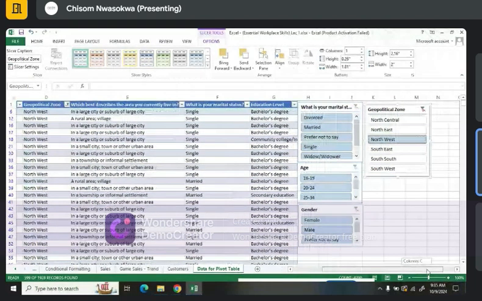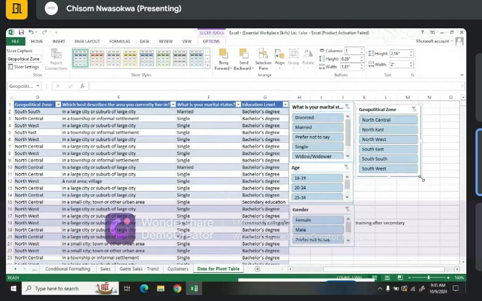So slicers are very good. You can use them to narrow down and just get things beyond sorting and filtering. You know, you can use sort and filter, but